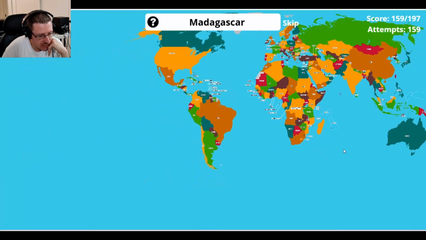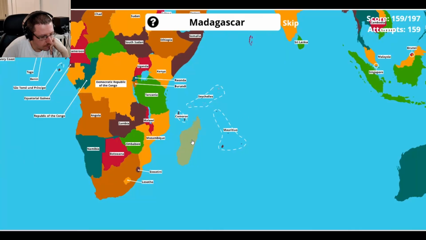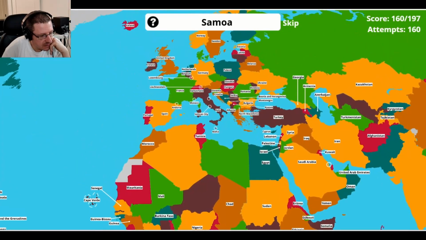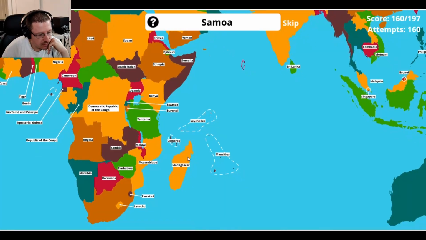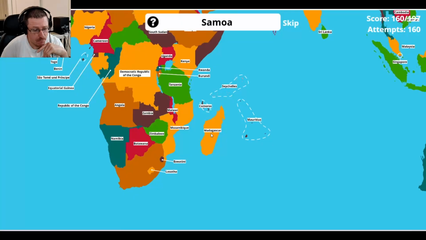Madagascar is cool. So there's a couple things about Madagascar. Madagascar is right here. So notice the size of Madagascar. Let's go up to United Kingdom. See, here's United Kingdom. It looks like the same, right? On the map, they look like the same size, but Madagascar in reality is about 2.5 times bigger than United Kingdom. Madagascar, 90% of its animals are endemic. You can only find them there in Madagascar.